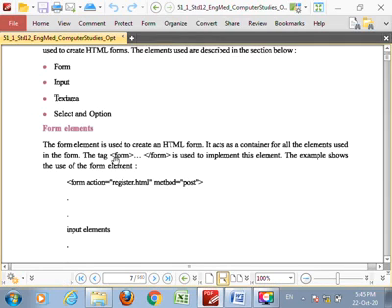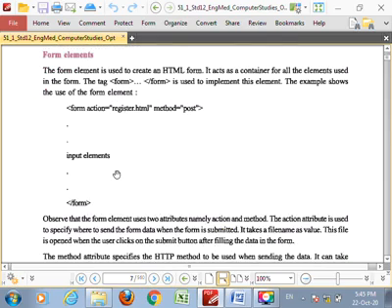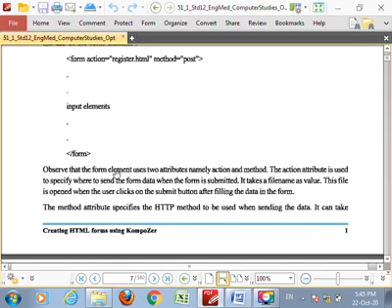Here, the action attribute is used to specify where to send the data when the form is submitted. So your answer is the action attribute.